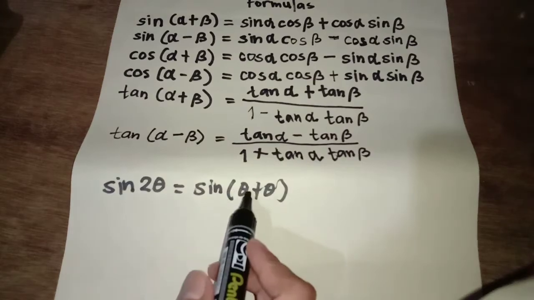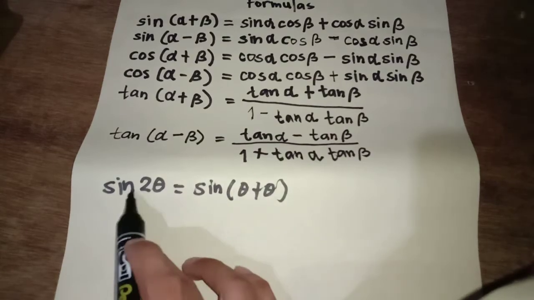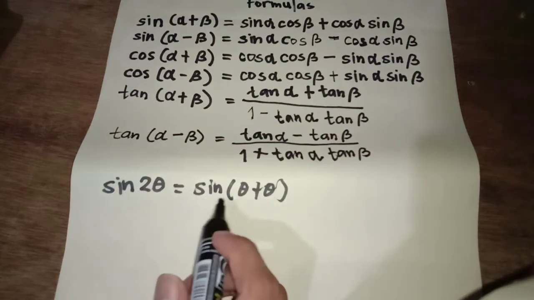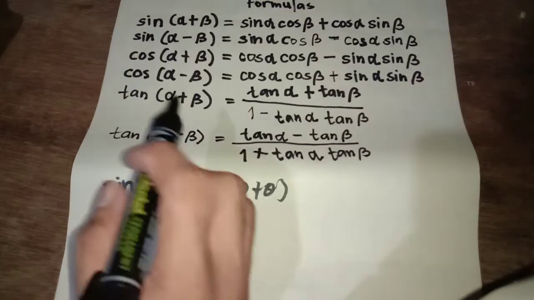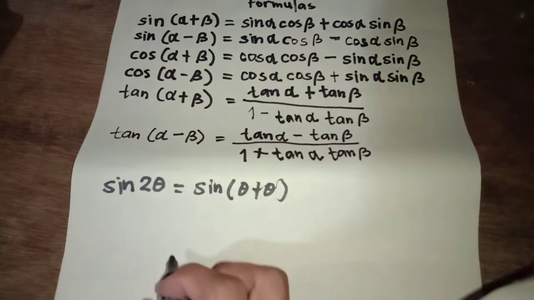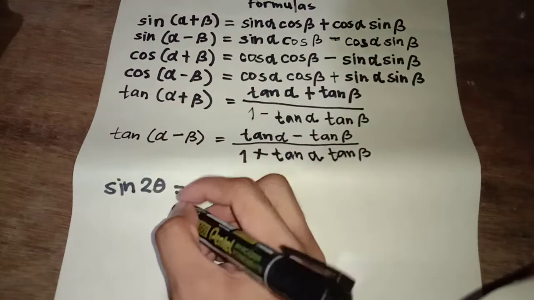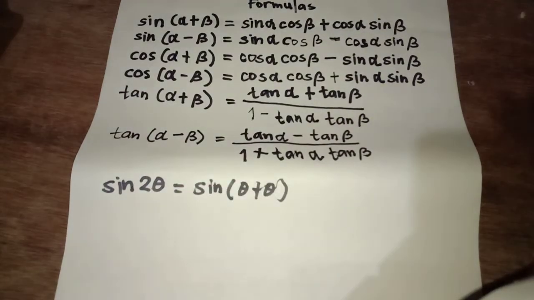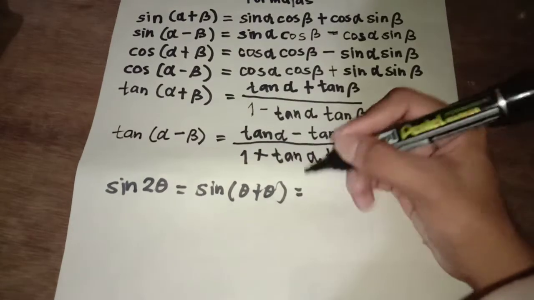Theta plus theta is 2 theta. So applying the sum identity for sine,